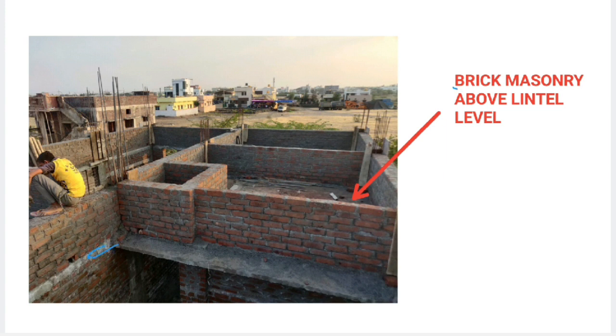Once the lintel is completed, after some time of curing, we can start construction of brick masonry above the lintel level up to the slab level. Okay, here you can see this is the lintel and chajja level. Above this we have constructed around 2 feet 6 inches or 2 feet 9 inches of stone masonry, so that we can have a clear space from the flooring to the roof of around 10 feet 6 inches. Okay, so we have kept around 10 and a half feet.